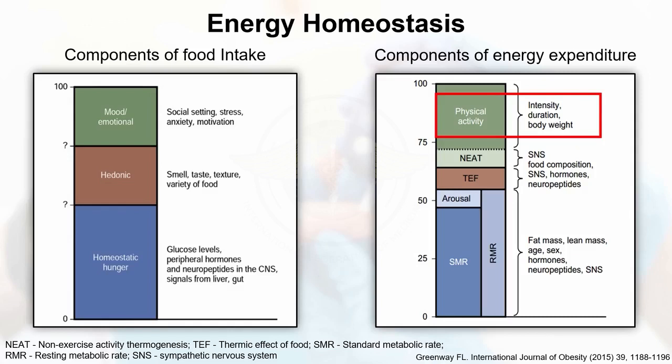Now most of us are sedentary. We don't work very hard. We don't walk a lot. Physical activity is not much. And therefore all the energy that we spend is either basal metabolic rate, where for our normal bodily functions, or the thermic effect of food. That means the energy that we use to digest the food that we eat, or the non-exercise activity thermogenesis, because we are doing some activity at home.